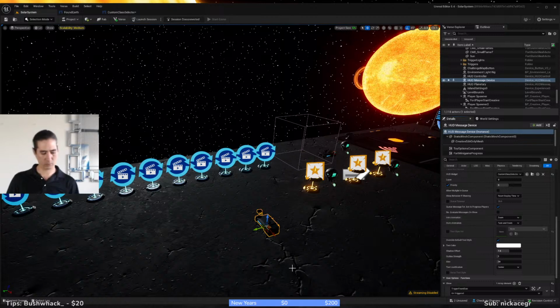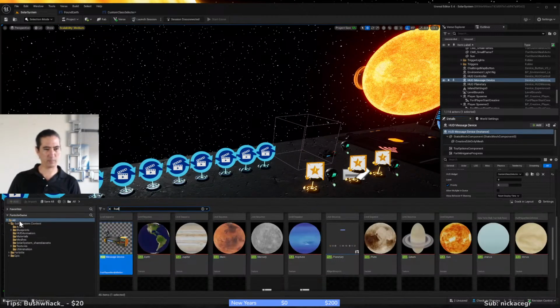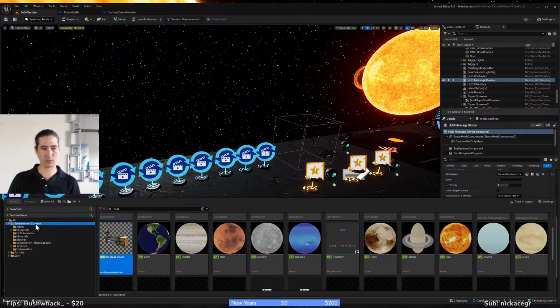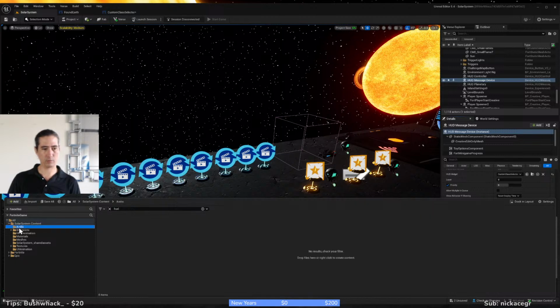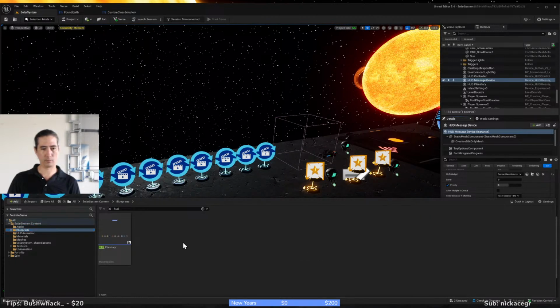Really? So if you go into your content browser here, I made a separate folder for blueprints. So I went into, like, for example, my solar system folder. And then I added a folder called blueprints. And then in that folder, you can either right click, and then right here at the bottom, there's user interface for widget blueprint. Don't do blueprint class. Or you can click this button, left click this button over here, the add button.